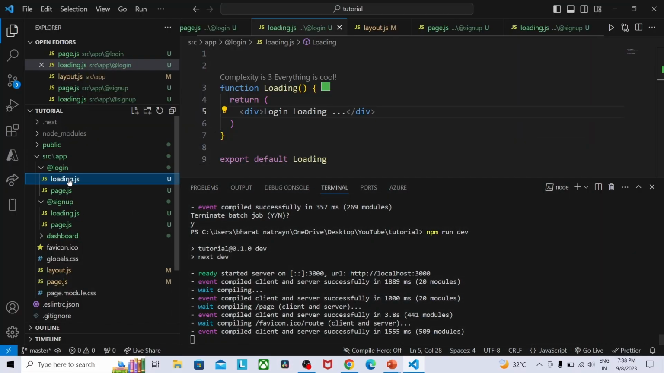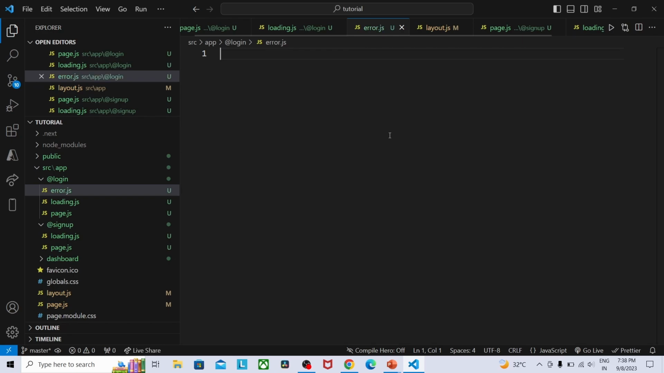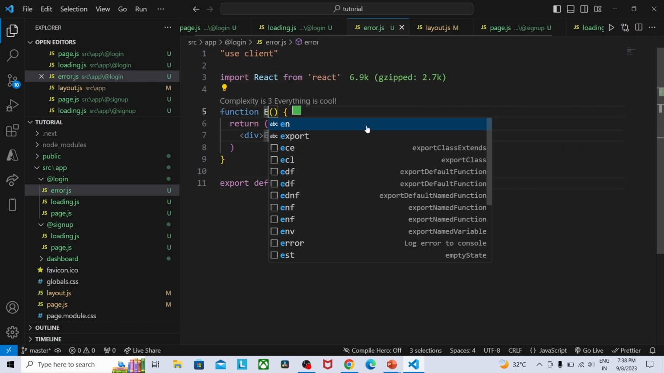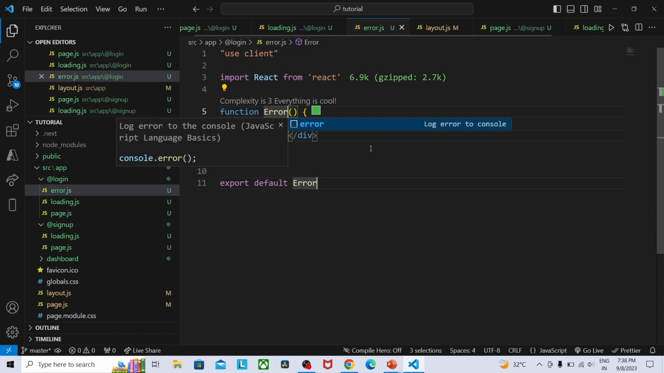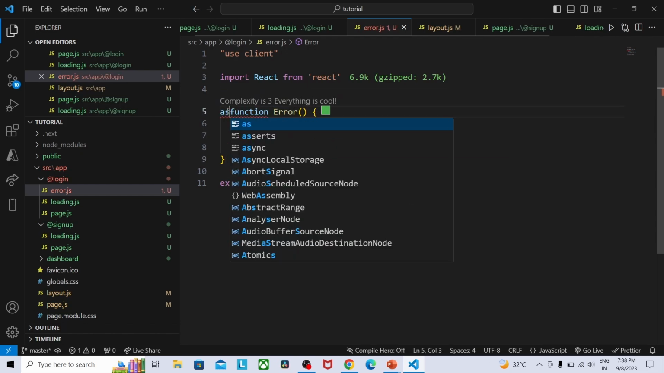For loading, I'm going to create an error page, error.js, and close the terminal. And the error page always should be a client component. So create a React functional component, Error, and here I'm going to provide login error. Convert this function into async